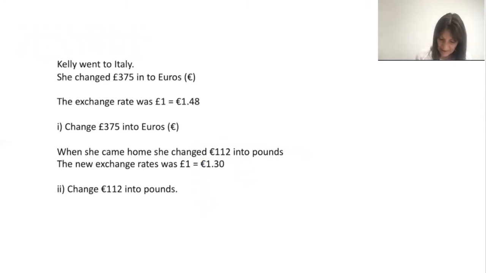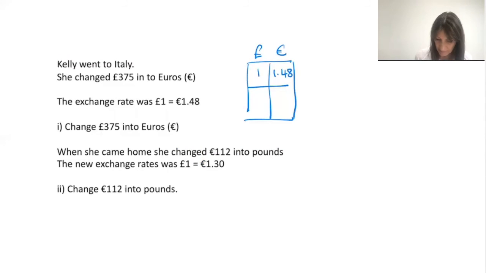So we've been given an exchange rate, so we're going to get this into our boxes and labels. We've got £1 equaling 1.48 euros, and we're changing £375. So we just make sure that goes into our pounds column. Our track number technically isn't going to have an impact, but show it anyway. Just get into good habits so you never forget what you're doing. And then that gives us